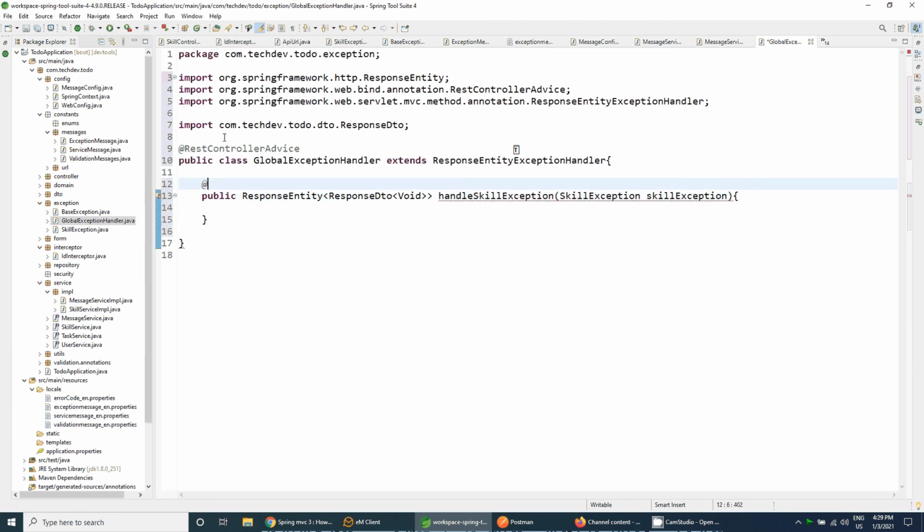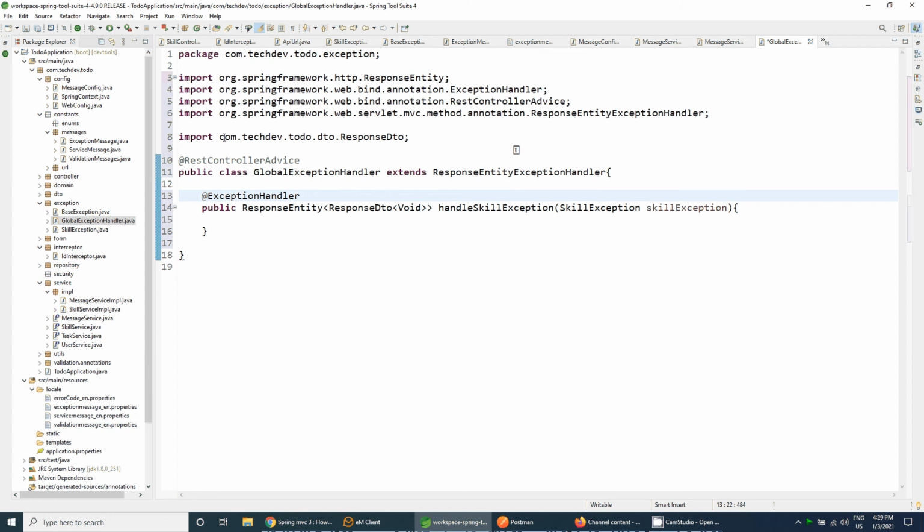After that we need to use the annotation called ExceptionHandler, in which we need to provide the value for which exception will be handled. So SkillException class, mention the class here, and now we need to return the ResponseEntity of ResponseDTO of type void.